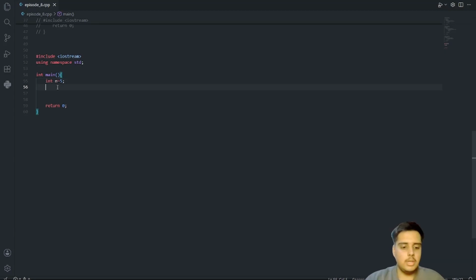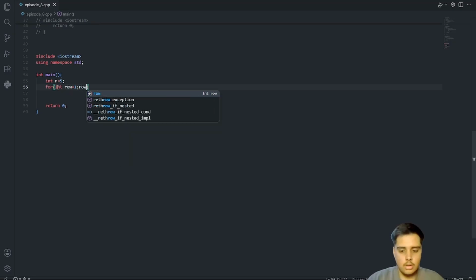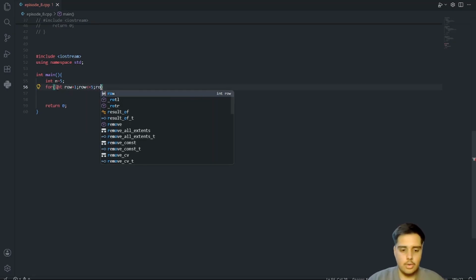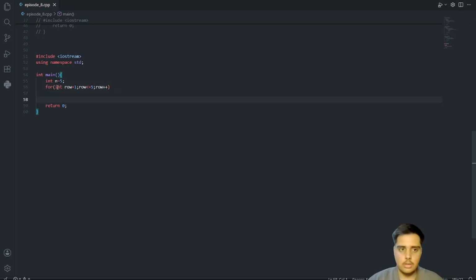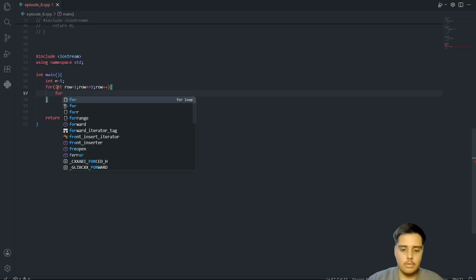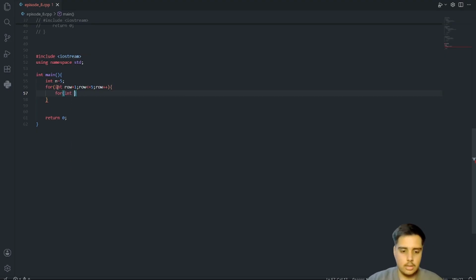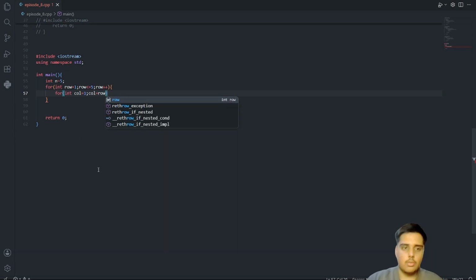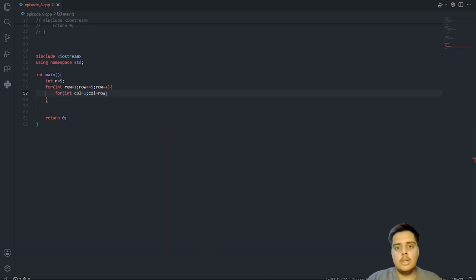So I can simply take for int row equal to 1, row less than equal to 5, row plus plus. And now when I take a for loop for column, int col is equal to 1, col less than equal to row. But here is the catch.